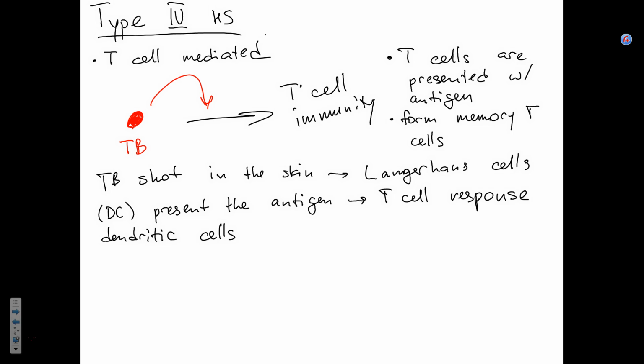Does that make sense? For type 3, immune complexes that are formed in a basement membrane are attacked by macrophages. And type 4, that it's T-cell mediated immunity,